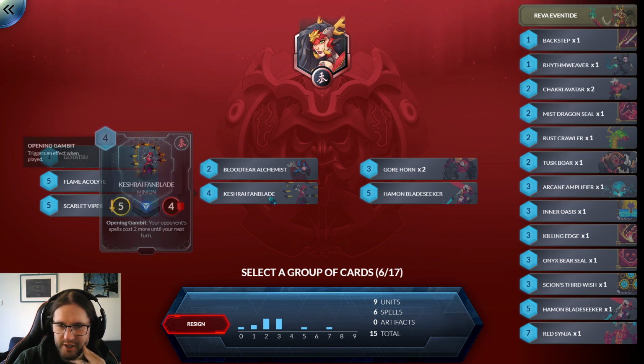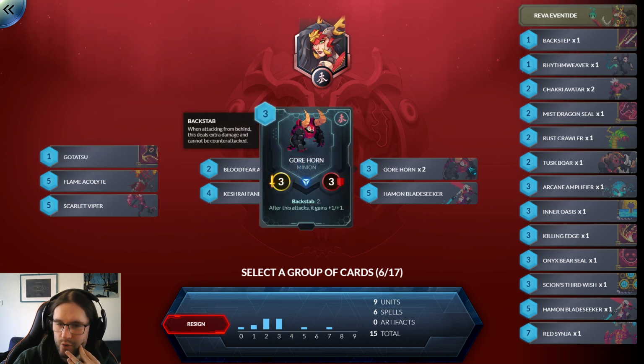Over here we've got a Blood Tear and a Keshrai Fanblade. That's fine. I mean, a 5-4 with that ability is okay. 2 Gorhorns and a Hamon. Okay, so we've got a Backstab and a Mist Dragon Seal. And we're